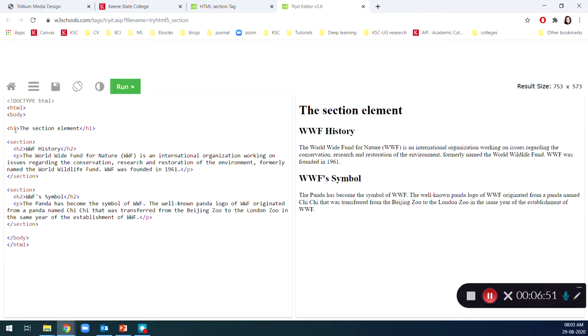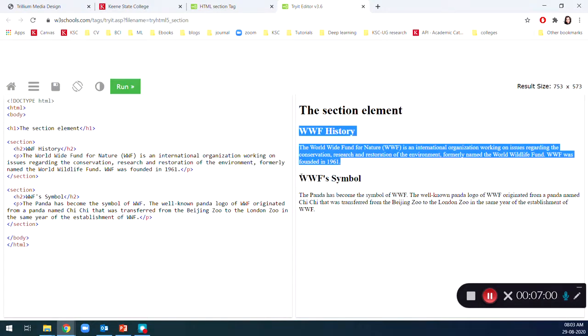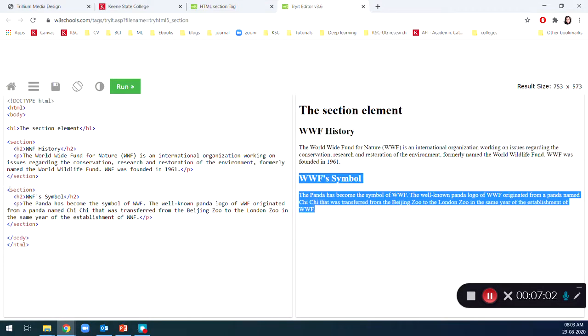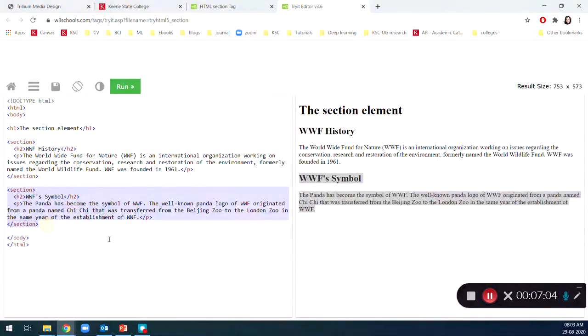So we are giving some semantic representation. Whenever you look at this, you can see that these are different sections, so you can wrap them up in different sections.